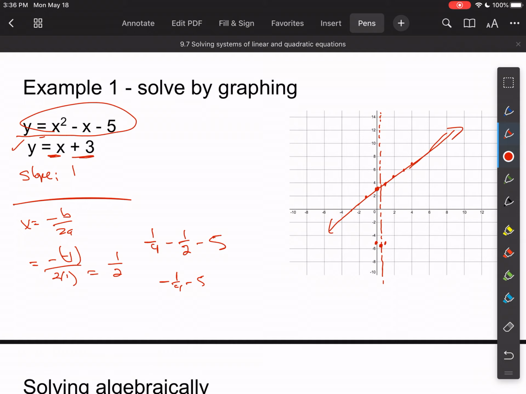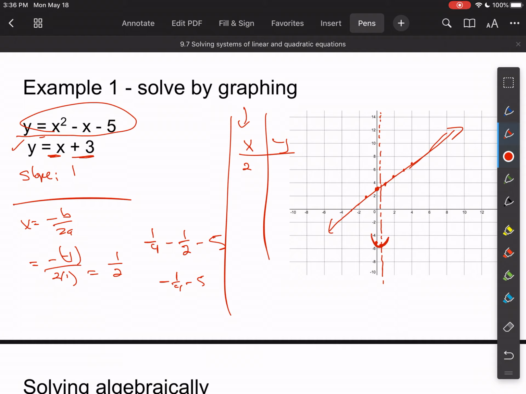Now I kind of have an idea of my shape, right? But I got to see where it crosses that line. So now I'm going to choose a couple of values to plug in. Here's x, here's y. I'm going to choose my x values and see what I get out for y. I'm going to be smart about what I choose. I may want to see what happens at 2. So if I plug a 2 in,